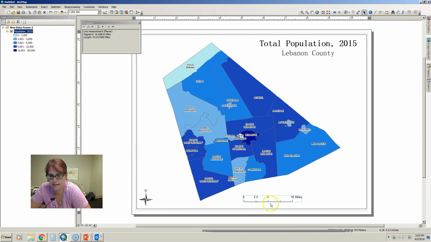I'm going to keep it like that. So I'm just going to keep that there for now. Probably going to move that in a minute. And the next element that I'm going to add is the legend. And if you remember, it's going to show up as it looks here in our table of contents. So I'm going to go to Insert Legend,